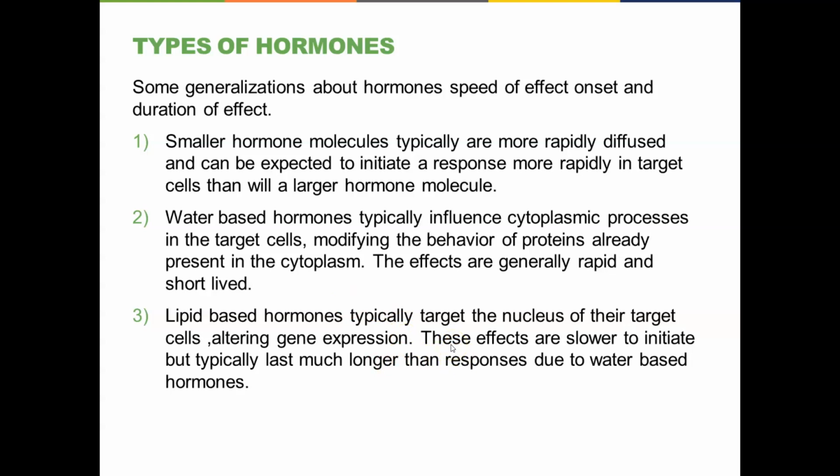Estrogen and testosterone, when they start being released in large amounts at puberty, begin permeating cells and turning on genes to express features in those cells that were dormant up until that point. So there's a stimulatory effect right there. Typically, these are slow to initiate, but a small amount of that lipid-based hormone has a very, very long span of action. It's going to influence gene expression for a very long period of time. So slow to start, long to last.